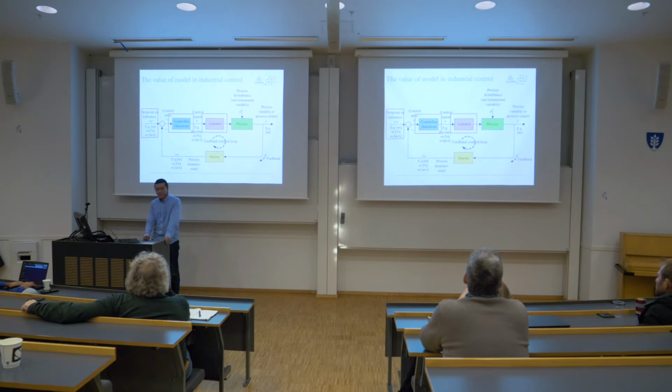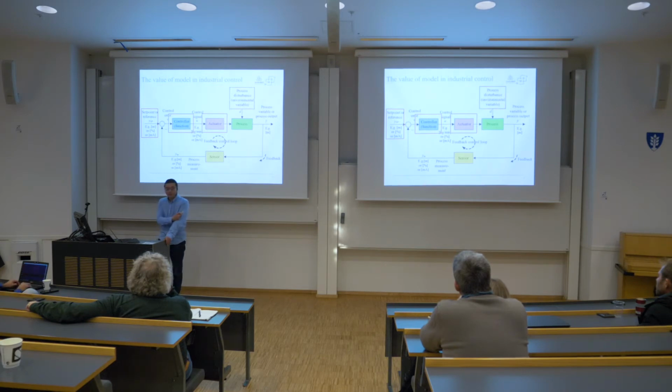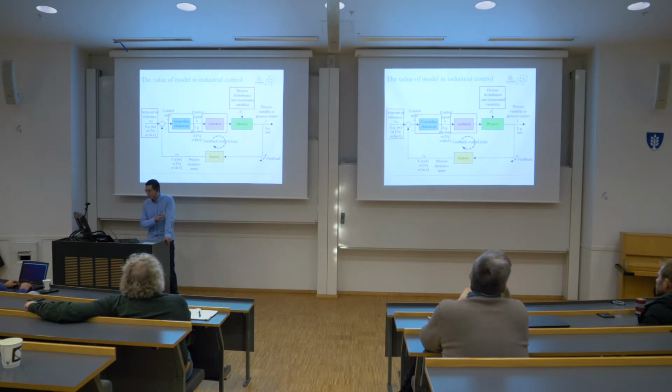We can detect the anomalies of the devices, then avoid the failures in the process. For the process disturbances, for example, in some cases, if we want to use the feed-forward control, then we definitely need a model to estimate the process disturbances. For very complex processes, sometimes we need a model to do the system identification. It means to identify the system